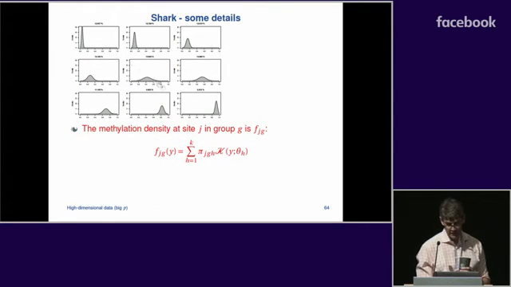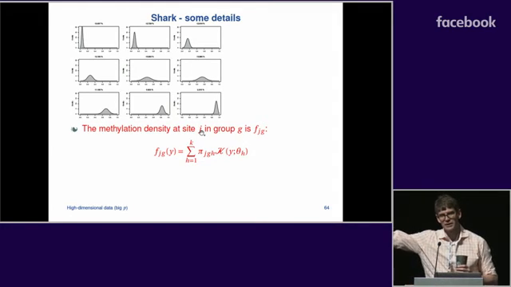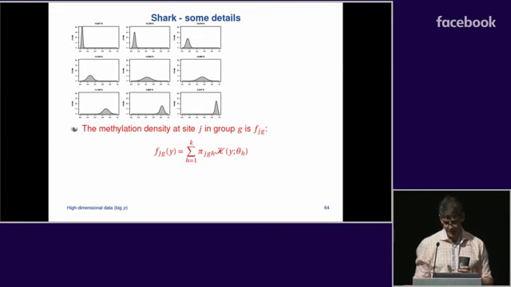Okay, so the methylation density at site J in group G, so there are different sites along the genome. Group is the different types of cancer group, okay? And so we could say that density is f_jg of y, the density of methylation at that site in that group. We can write that as a kernel mixture of H components, and then we can put down some kernels,